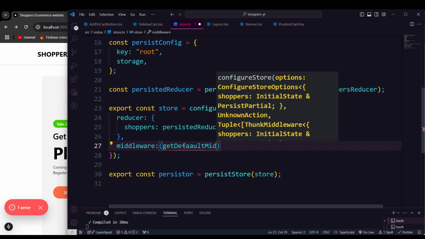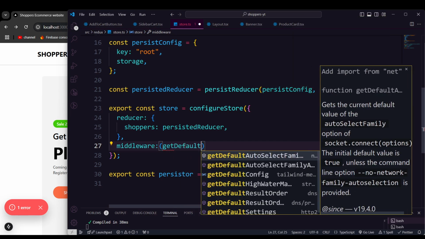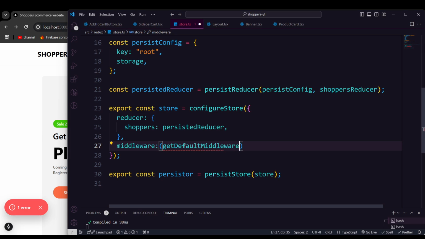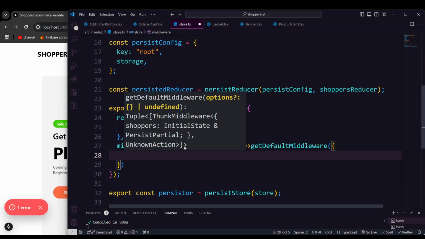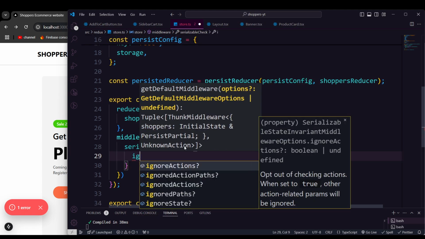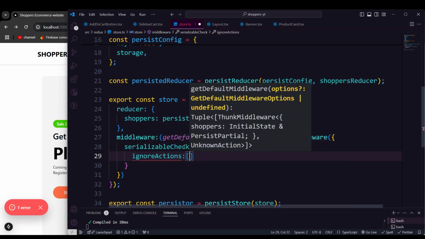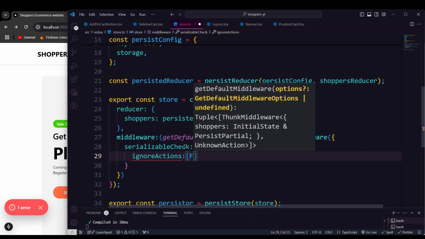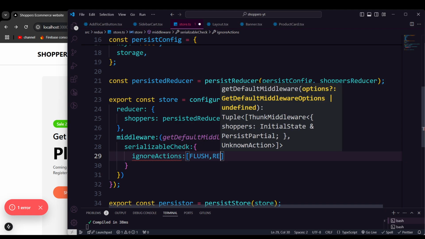So we can just take that parameter, should be getDefaultMiddleware, and within that, I'm gonna pass an object which should be getting that serializableCheck, and on that check I'm gonna make that ignoredActions. Here I'm gonna pass that FLUSH, the one which I have at the top, then also